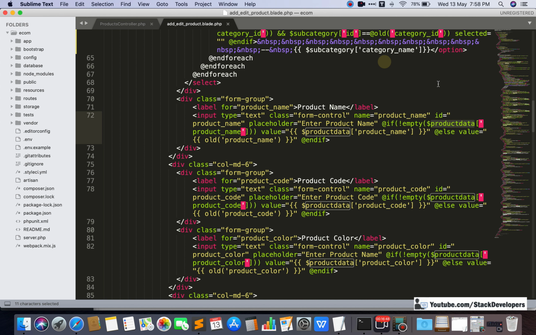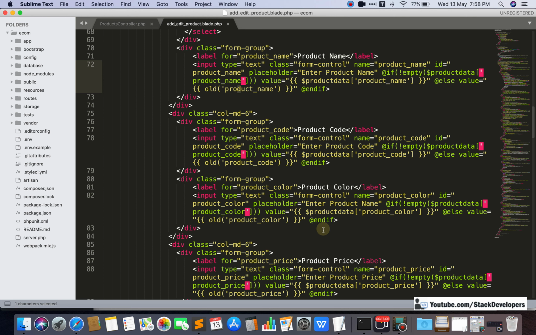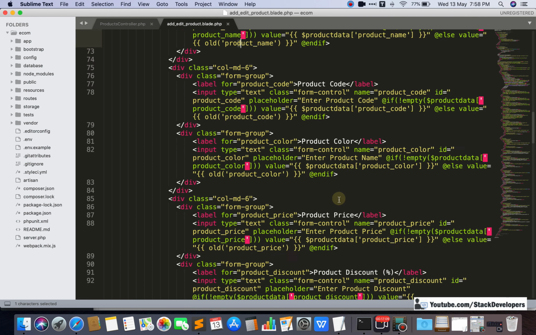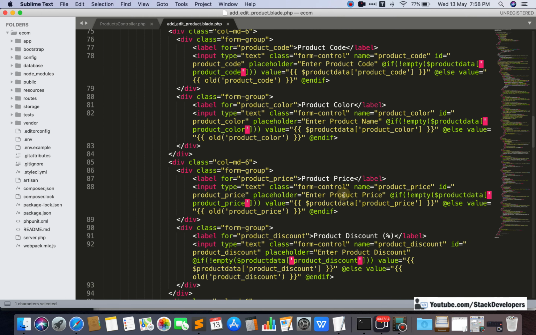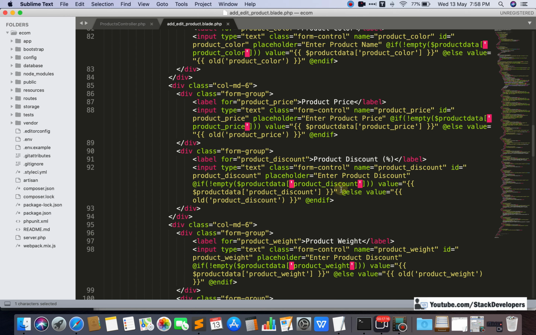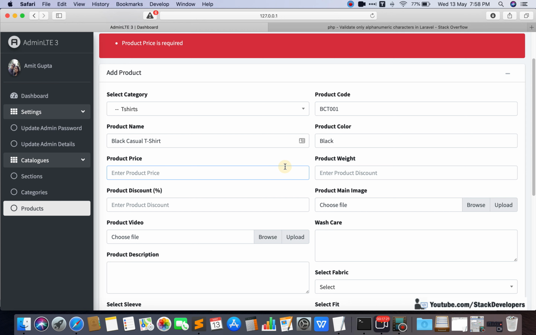Okay, so it is going to the else condition every time, and in the else condition we have added that it must fetch the old product name if it has one. But it does not have any old product name, so it is not displaying that. Same thing we have added everywhere: if it has old data, then it is going to show. It is not showing the rest because we have not added those so far; otherwise it will show all data.